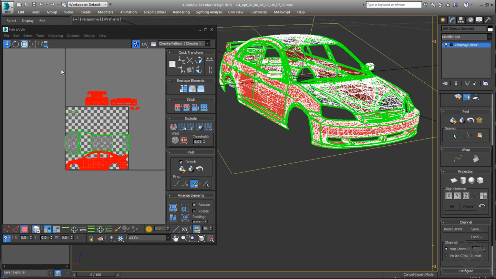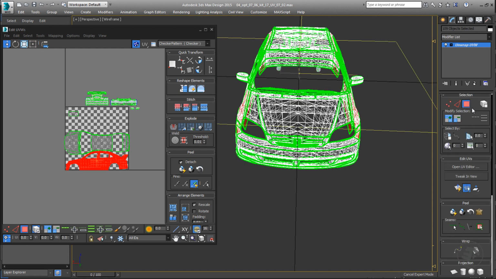Sometimes, the Select tool does not work as intended. If Select by Element is enabled,